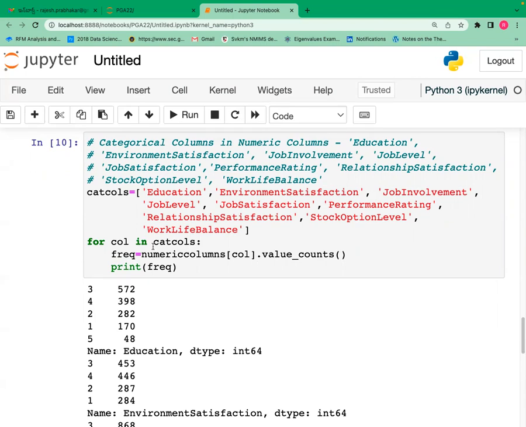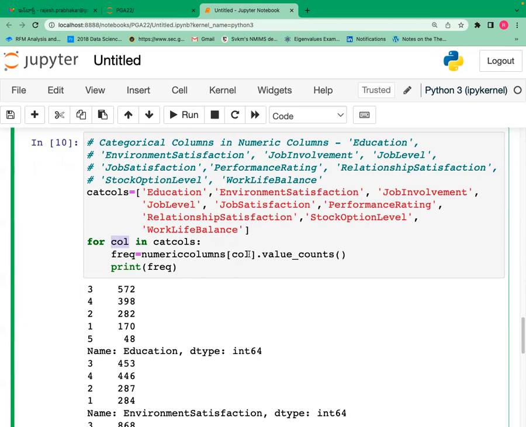The col will take the shape like X. You are giving it as for X or for col. So the col value will take the value of the list in each iteration. In the first iteration, for education in cat_cols, numeric_cols square bracket education dot value_counts. In the second iteration, for environment satisfaction,